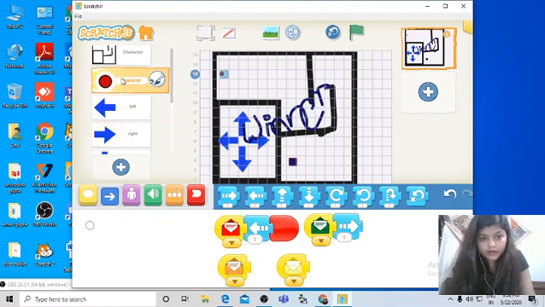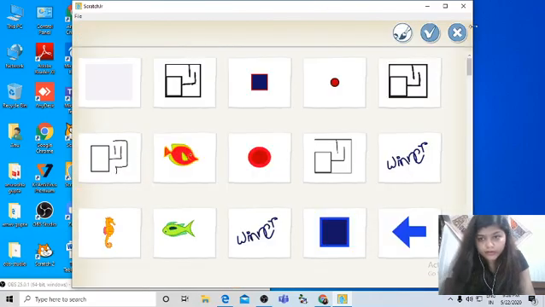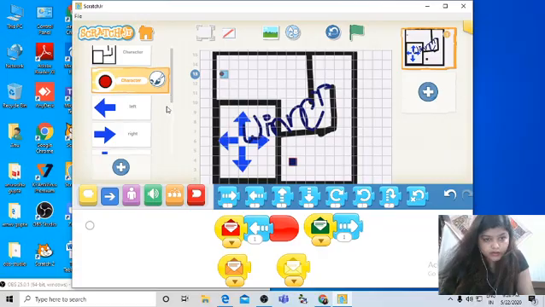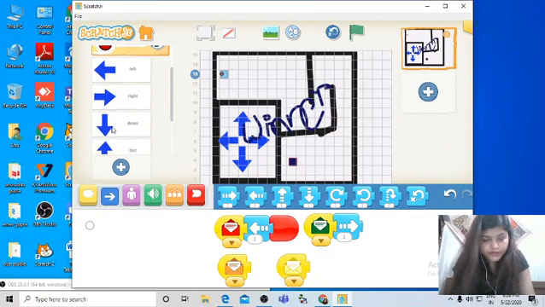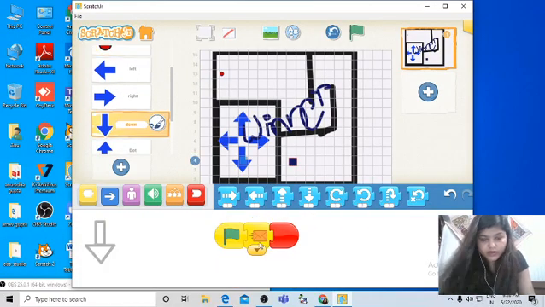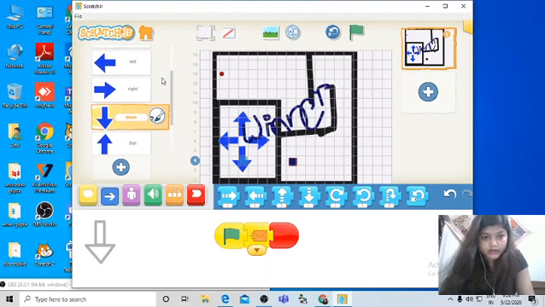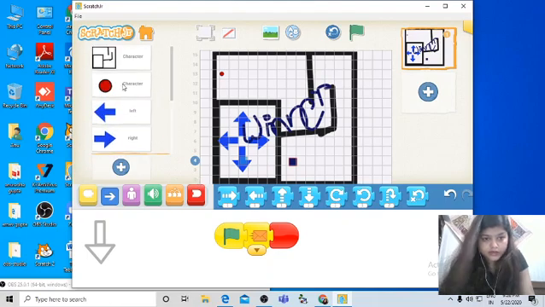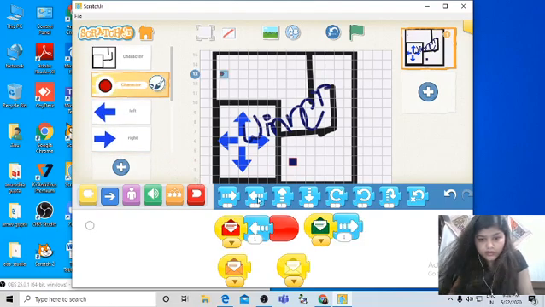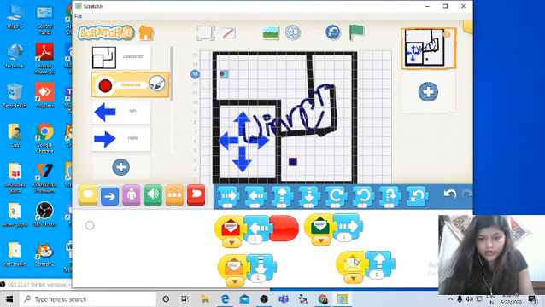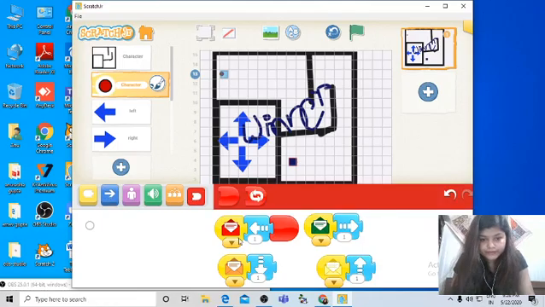Okay, and in down arrow I am using orange color signal. Just remember that. In the down arrow I am using orange color signal and in this I am using yellow color signal, right?